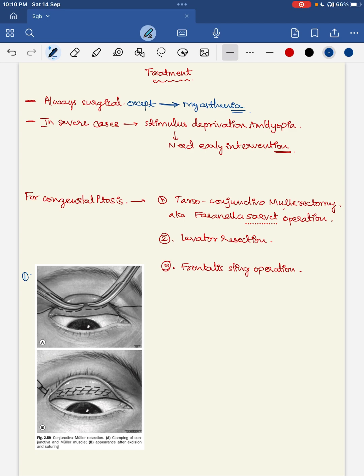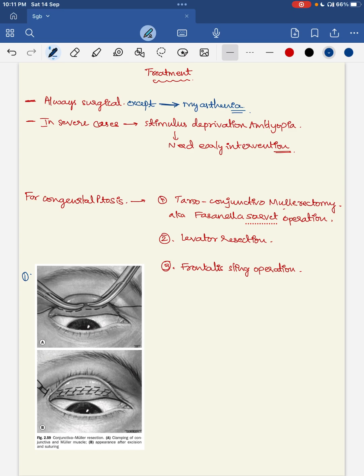For congenital ptosis, first for mild and moderate ptosis with good LPS function, the mild and moderate we say is based upon the degree of ptosis, which is 2 millimeter and 3 millimeter respectively. For mild and moderate ptosis, we go for